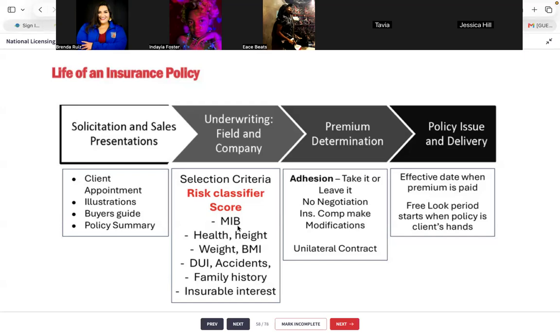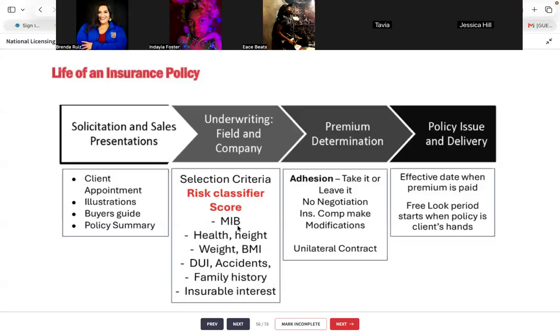Maybe the insurance company came back and said, "Dang, Anthony, you're actually super healthy. You don't have any risk. We're actually going to charge you less because you don't present as much risk as the average person. We're going to charge you $30 a month for $100,000 in coverage." Now, after the insurance company comes back and says you're approved, you have to determine whether or not you want the policy.